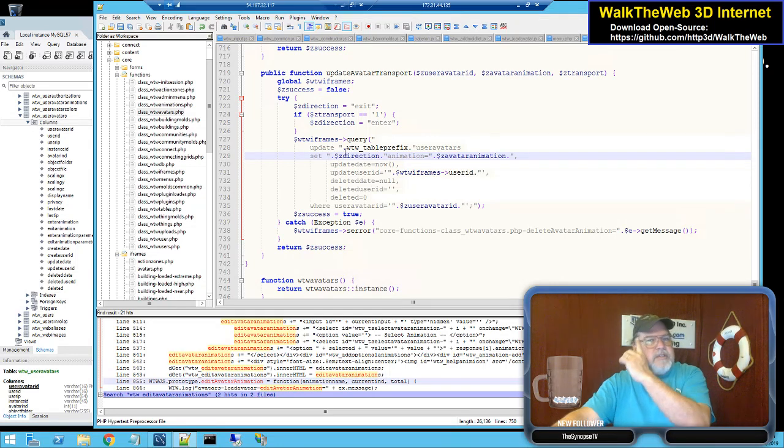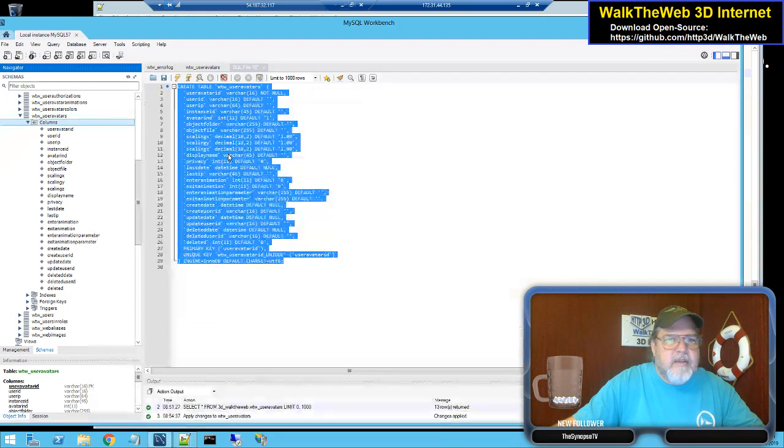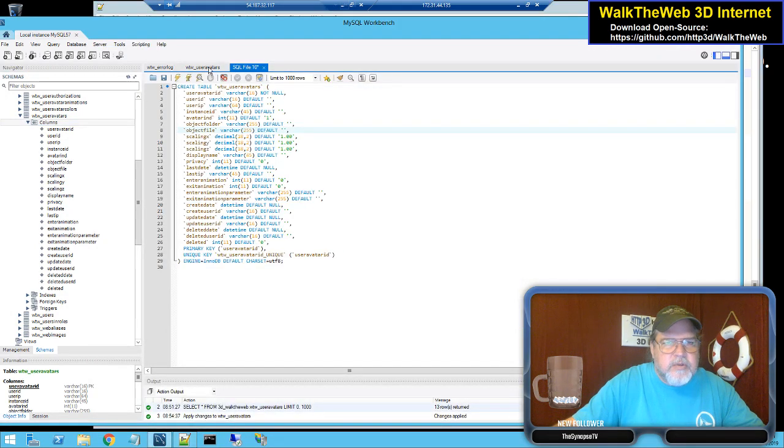Now we've told it enter animation, we're giving it the value that we've done, and we've updated the statement, and it should execute. We'll give that a shot. Transport, let's fix that. Now this should work, and when we move,